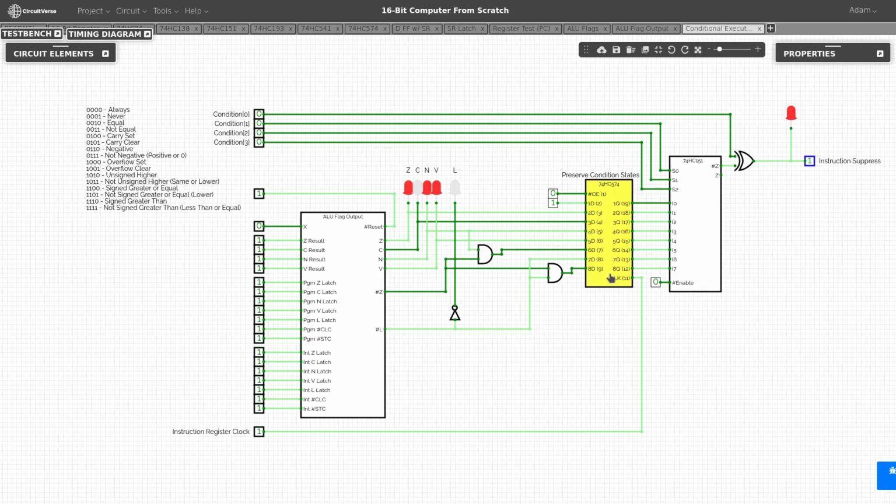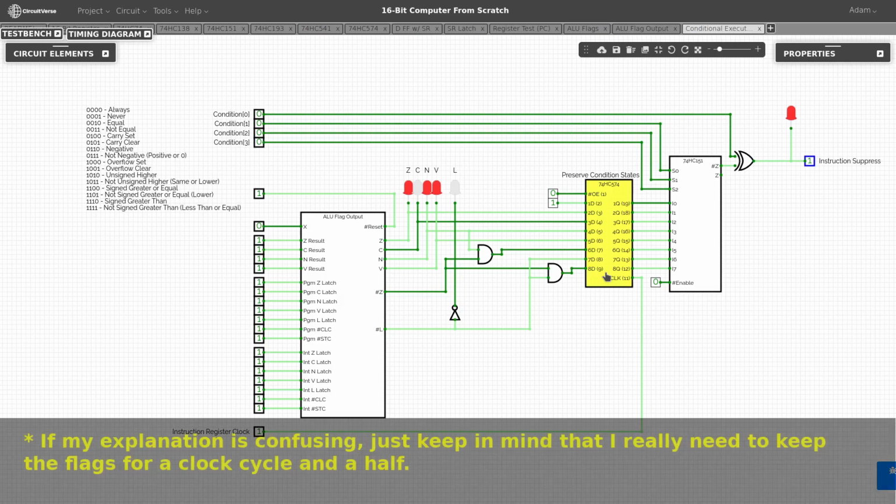Now you're probably going to ask, Adam, you're already latching the individual flags in the flags register itself. Why do you need to latch them again? And the answer to that is simply because of timing. Because I have to latch the flags on the falling edge of the clock cycle with everything else associated with the ALU calculation, but the movement of the instruction takes place on the rising edge of the clock cycle, I need that half clock cycle delay where things may be changing to change what the result of the previous flags